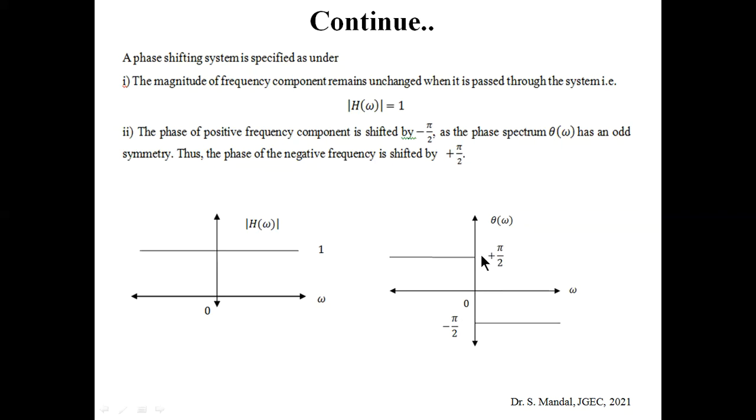So you can see that for the negative frequency the phase is plus pi by 2, and for the positive frequency the phase is minus pi by 2. So this one is the amplitude spectrum, this one is the phase spectrum for the transfer function of the Hilbert transformer or minus pi by 2 phase shifter. Okay,